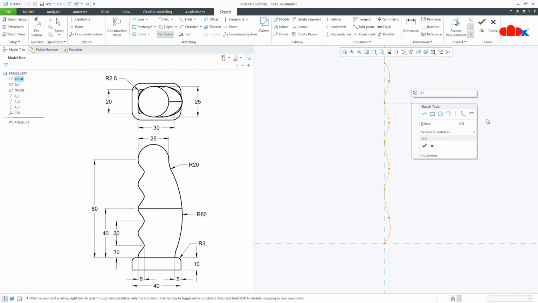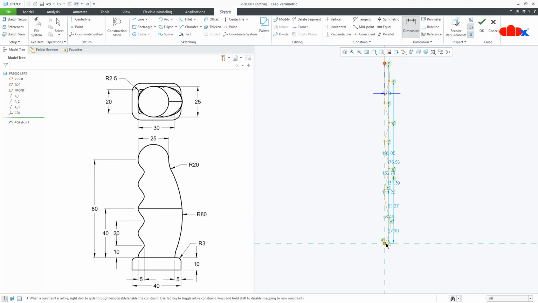Now the dimension. So from here till here, this is 10. Then from here till here, this is again 10. And from here till here, this is 20. So likewise,